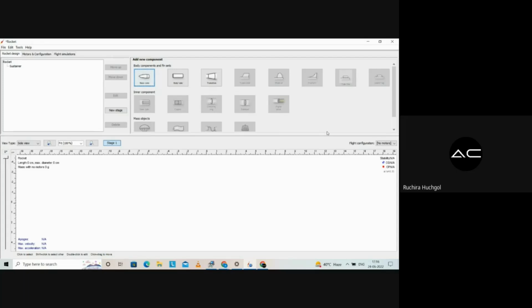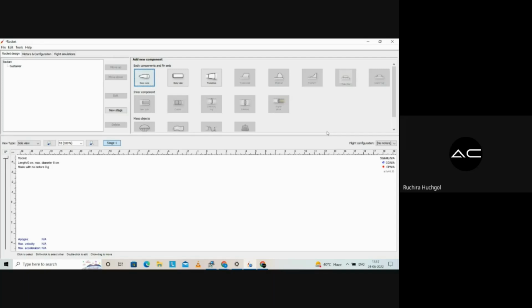But the disadvantage of launch lug is that, as I earlier mentioned, if you increase the unnecessary area, you're unnecessarily increasing the drag, which is indirectly going to affect the speed of the model rocket. So when you are putting launch lug, you are increasing the area, and that is producing some kind of drag, which adds to the total drag and slows the rocket down. So when you are putting launch lugs on your body tube, make sure they are not very big and not very thick. They should be optimum and smaller in size. They should be strong, but they should not be of larger area, because then again that contributes to the drag.